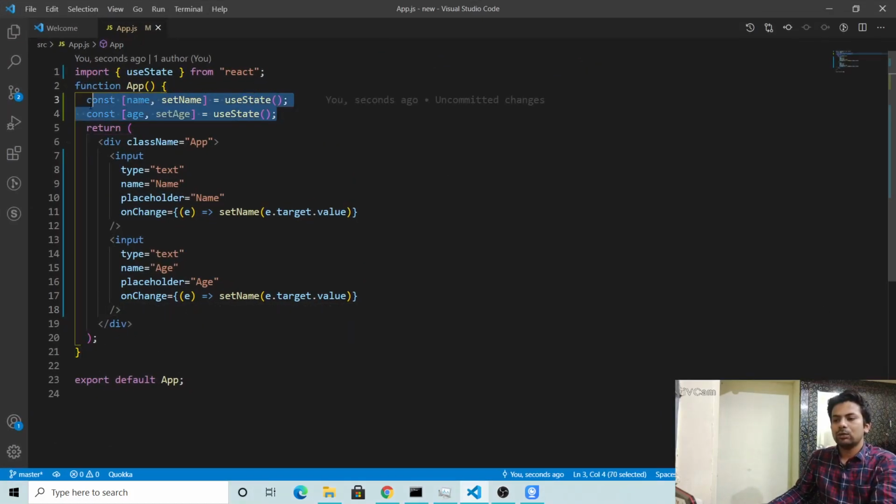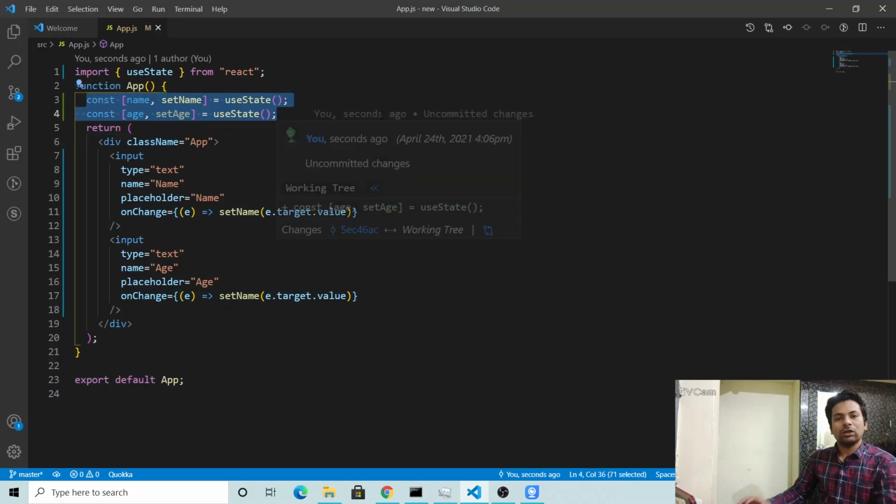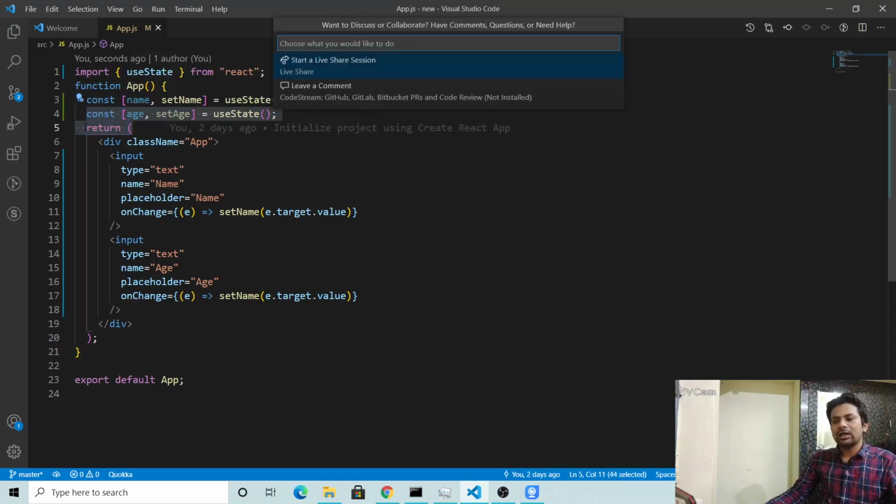We just take as many variables as fields, and we say onChange, or with refs also we use the same thing, taking a ref variable again and again. So the downside of this is, suppose we have 10 fields, for every field you have to write a different onChange event, and you have to take 10 constants. So it will be very confusing, it's complex coding, and takes time to check everything. So the best way to do it is using an object in state, that is also called state.